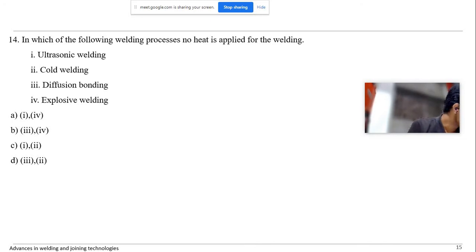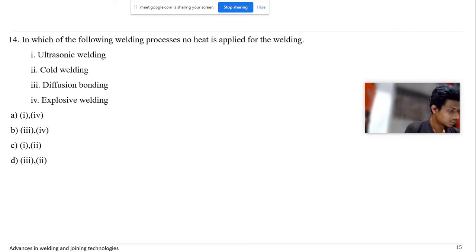If you want, I will explain those mechanisms in the next class; right now I don't have a diagram. Basically, there will be two plates, and we'll apply forging force. Because of that, joining will be happening. With a diagram, if time permits, next class